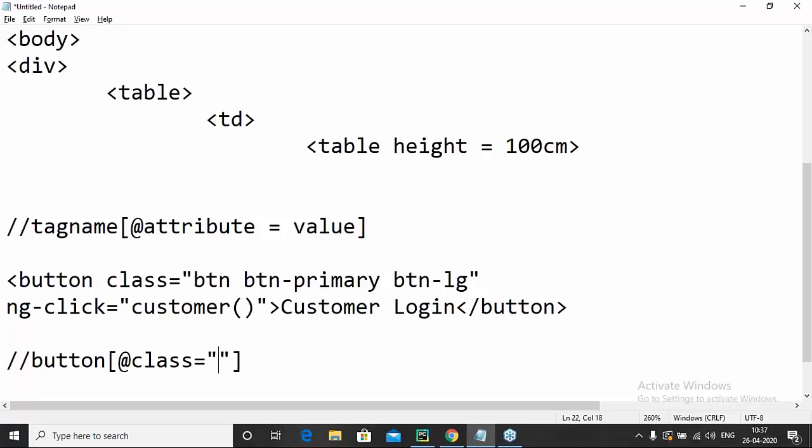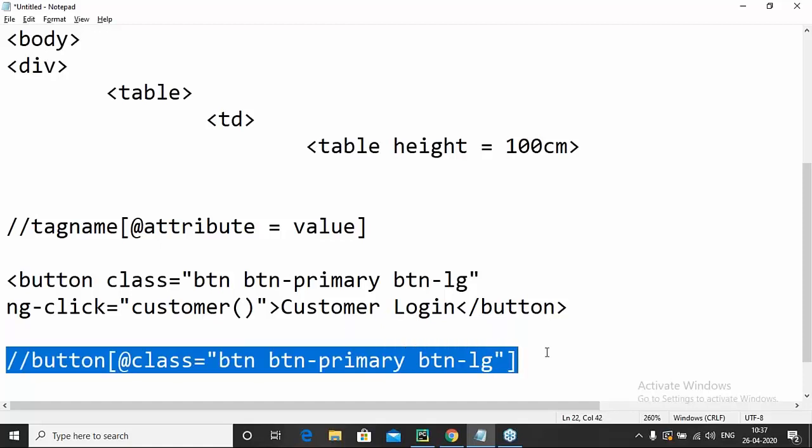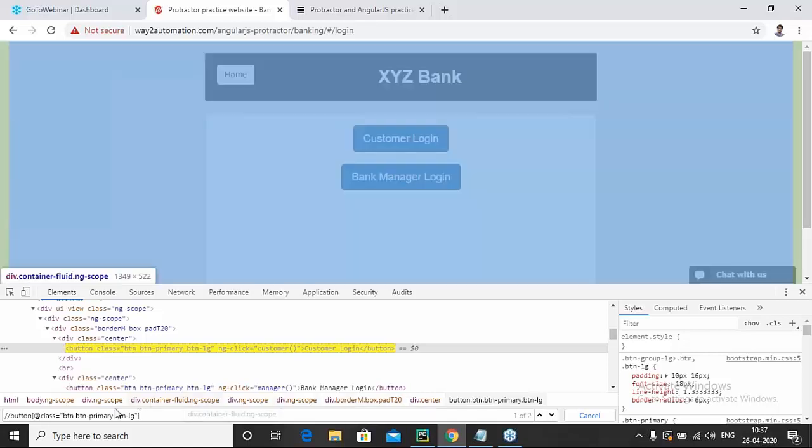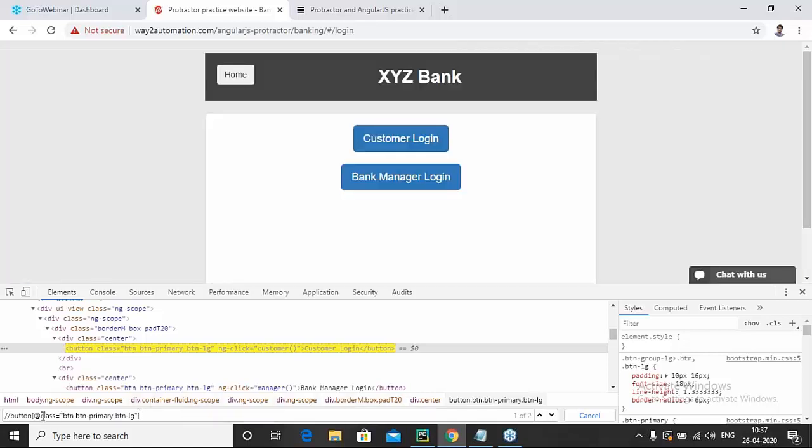And simply provide it here. Now that is it. This is the XPath to locate an element here. Now if I write it here, you can actually see the problem that I mentioned to you guys. Here it says button. If I'm trying to locate the element using class, it says, boss, you have two matches. This is clearly visible to you guys. It says one of two. It says you have two matches available.